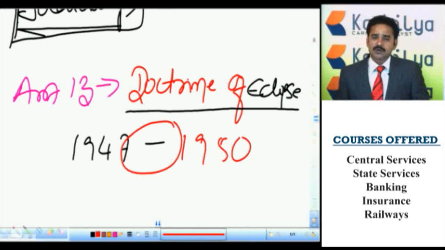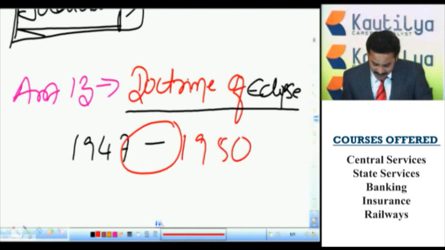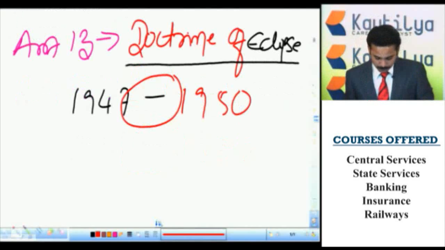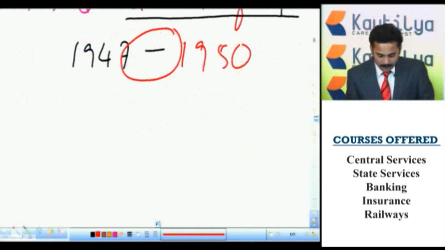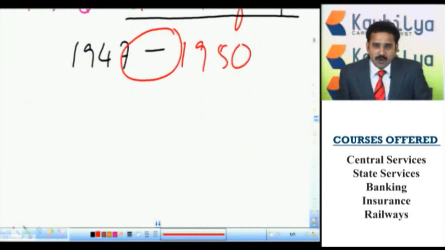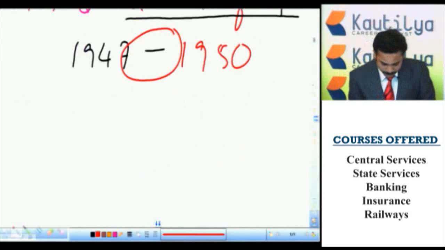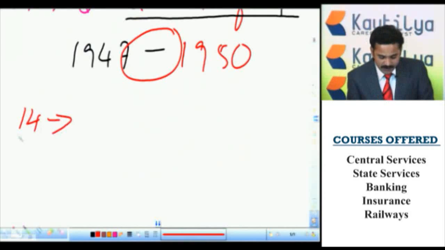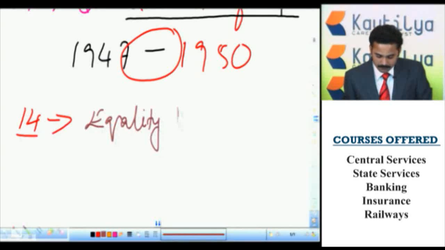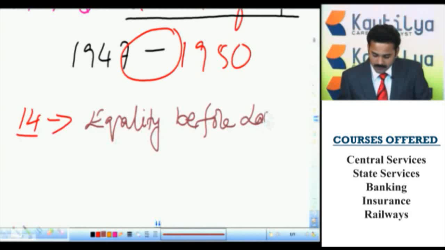Now we are going to understand the various rights, starting from Article 14. Already we know that Article 14 to Article 18 is the right to equality. Now Article 14. Article 14 has two parts. One is equality before law, and